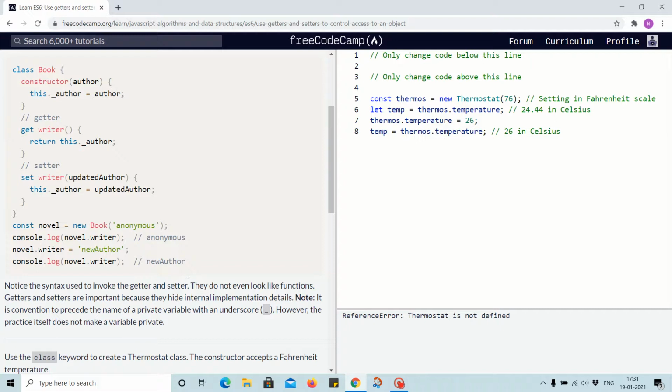Notice the syntax used to invoke the getter and setter functions. They do not even look like functions. Getters and setters are important because they hide internal implementation details. Note, it is convention to precede the name of a private variable with an underscore. However, the practice itself does not make a variable private. So this variable is not actually private, but it just denotes that it should be kept private